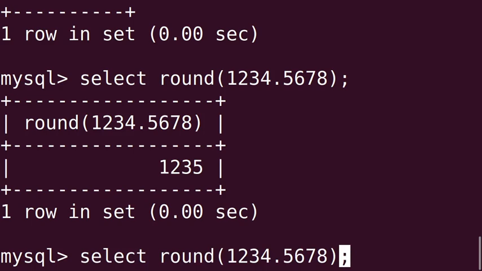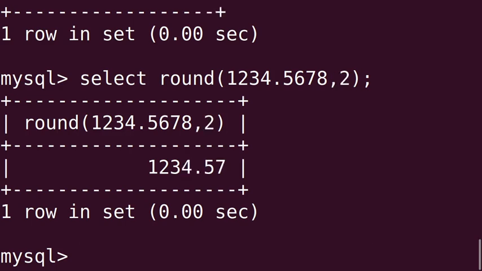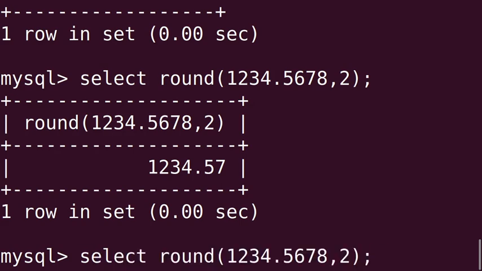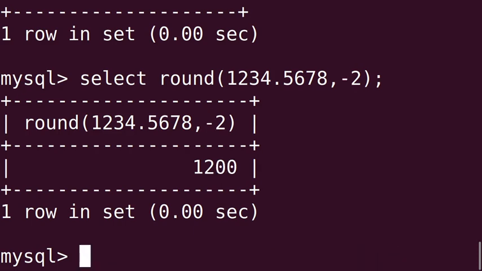Next we are trying with second argument positive, that is 2. See its execution. Here it is 1234.57. Next one we will see with negative second argument, that is minus 2, 1200. Hope round function is clear to you. Let's go back to our presentation.